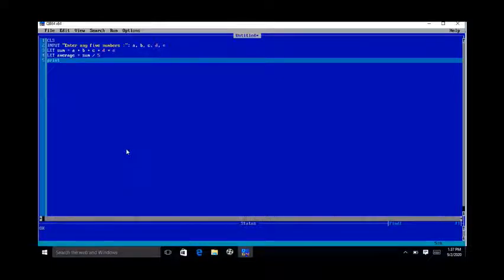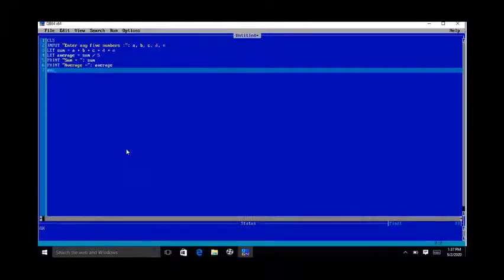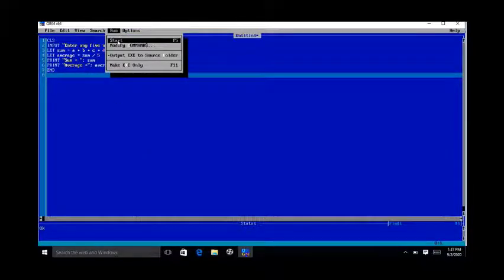Now at the end we are going to print the values of sum and average. Print sum is equal to, and variable is sum. Print average is equal to, semicolon, and average, and now we will execute this program.